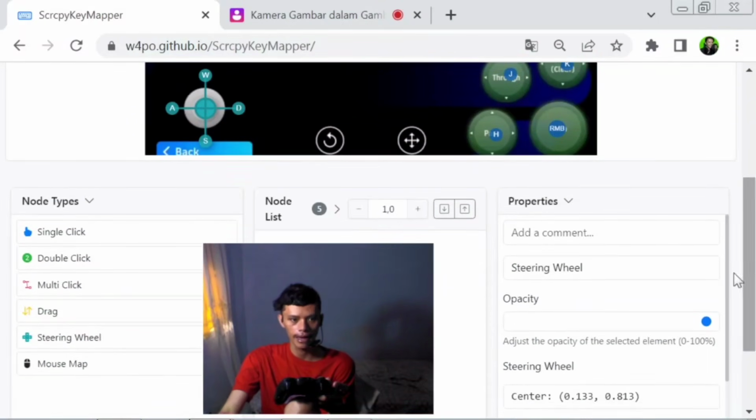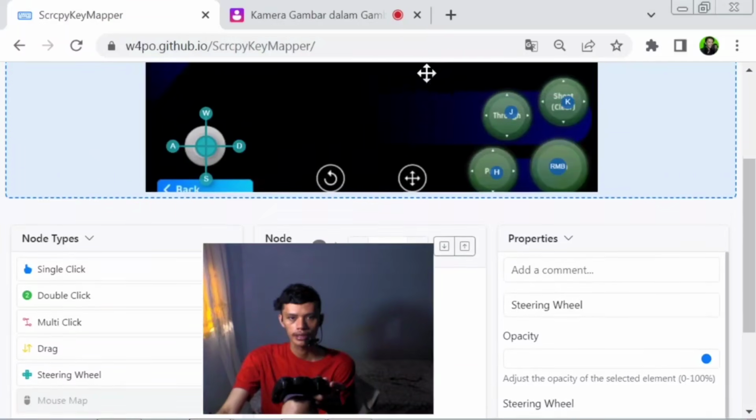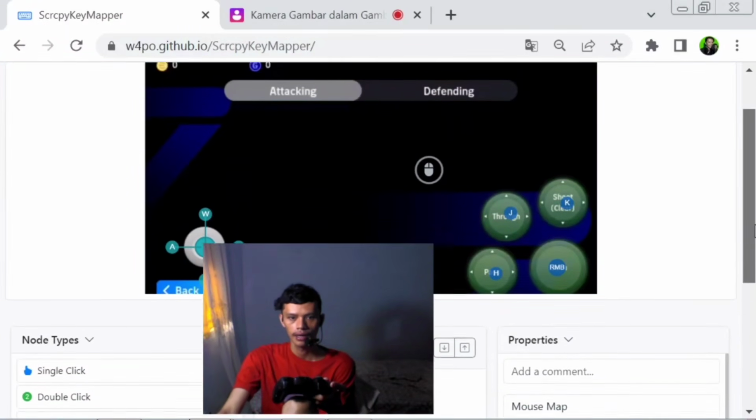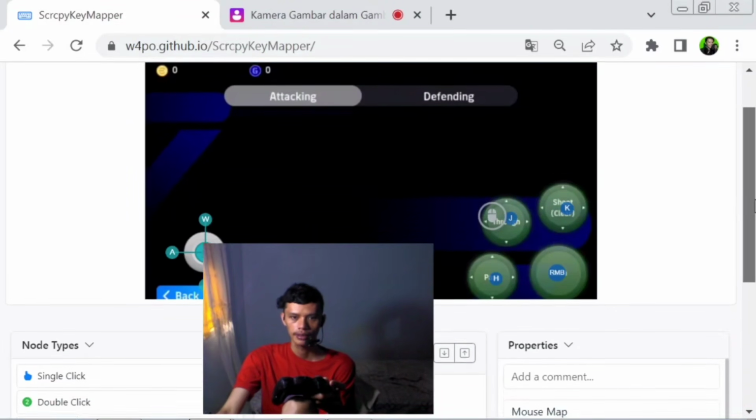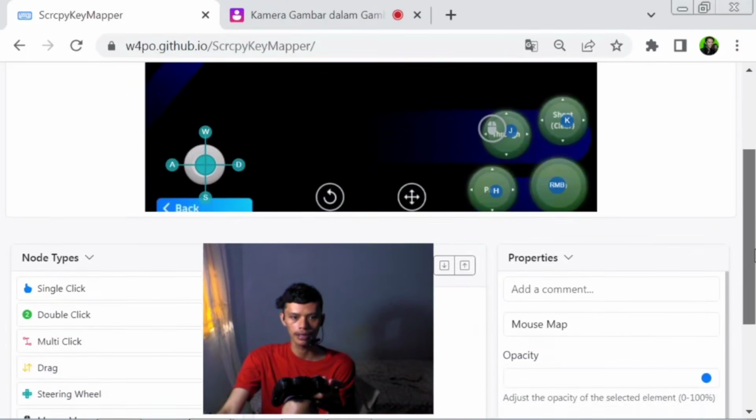I think I'm gonna add the mouse map right here. I'm gonna put it here. I think the mouse map is for some control. I think I'm gonna put it on true right here, so perform some skill maybe. And what about the